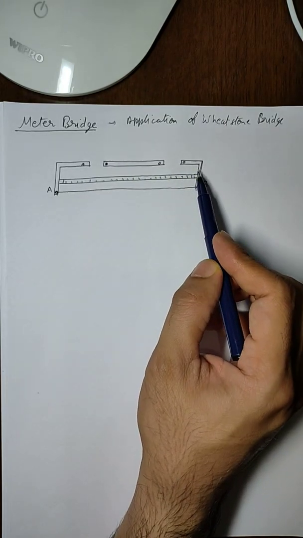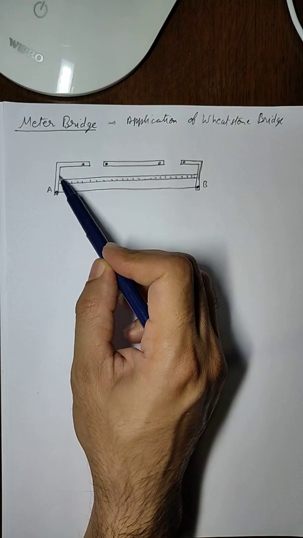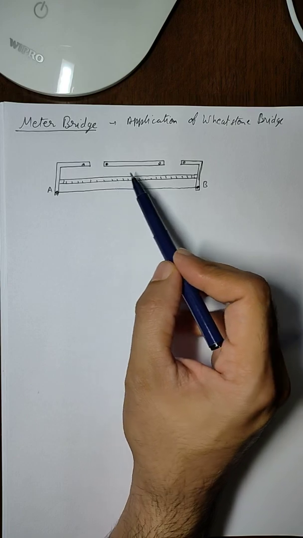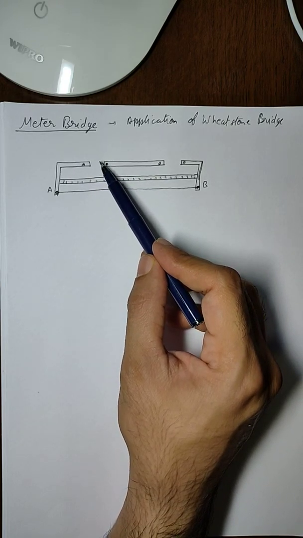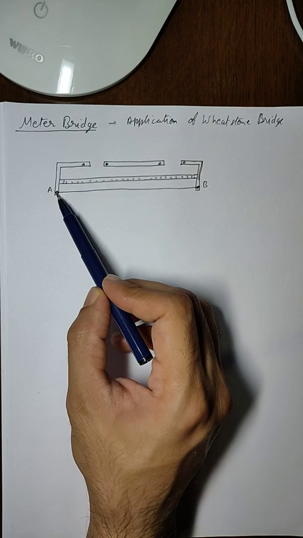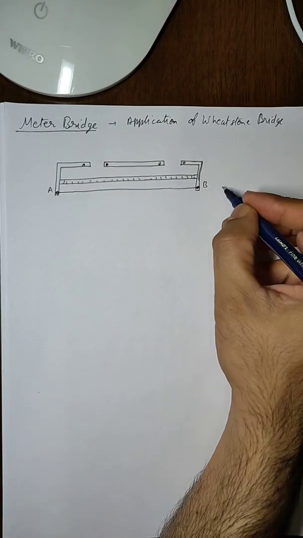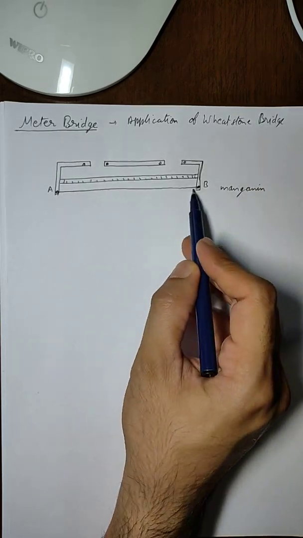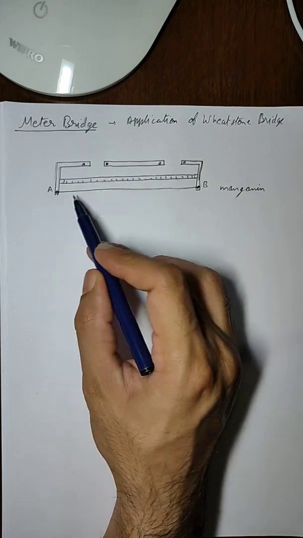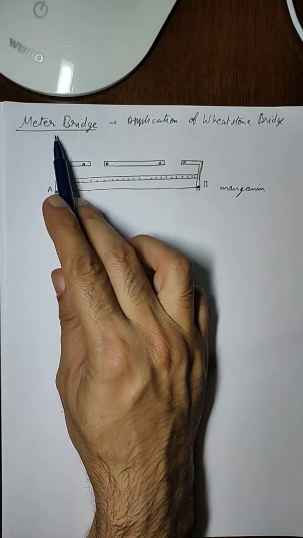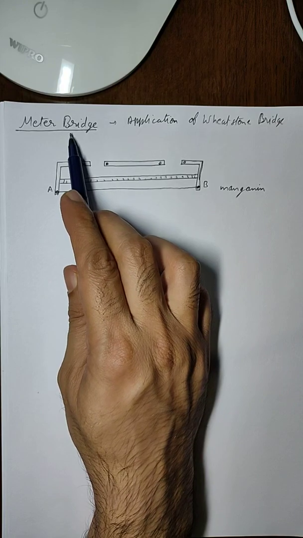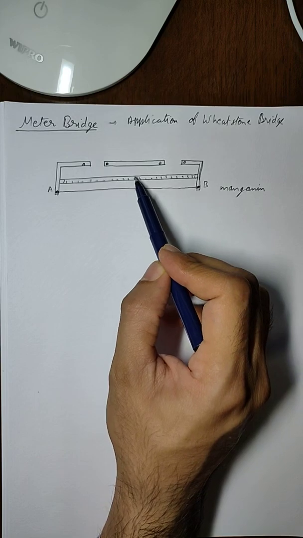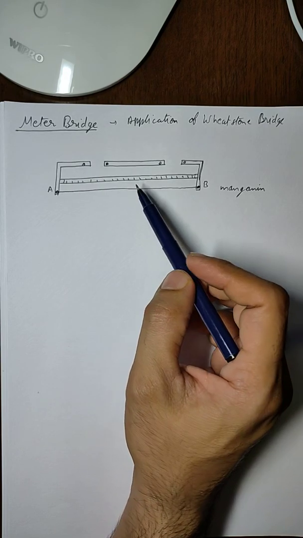This is the basic apparatus in which we have these copper strips, and there are gaps between these copper strips to provide us different resistances to be connected in these gaps. We have a wire. It is generally a manganese wire. It is a 1 meter long manganese wire connected between points A and B. The length of this wire is 1 meter. That is why the name of this apparatus is meter bridge, because of the length 1 meter. There is a scale also here, which is used to find out the length at which the balancing point of